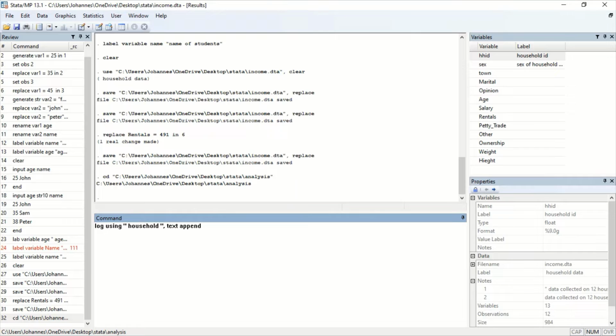Append means if there was a file in my folder that has the same name as household, I'm just going to add on to that file. But if I say replace, that means if there was a file named household in my folder, I'm going to replace it. As you have seen, there is nothing in the folder,